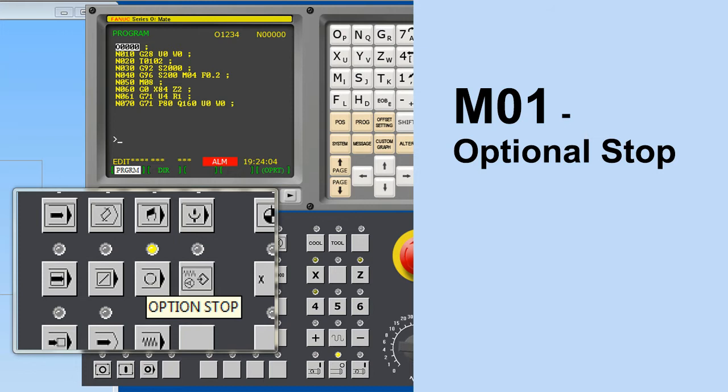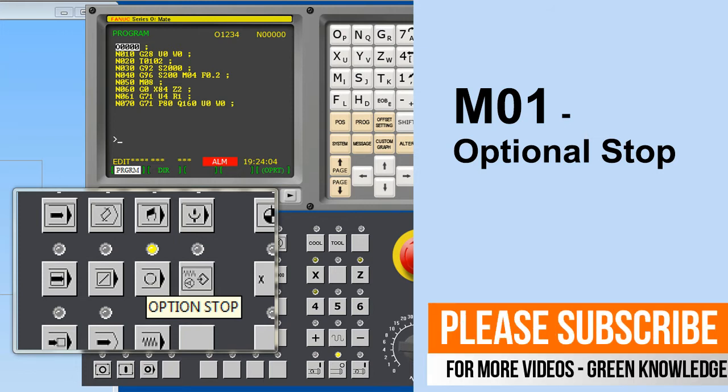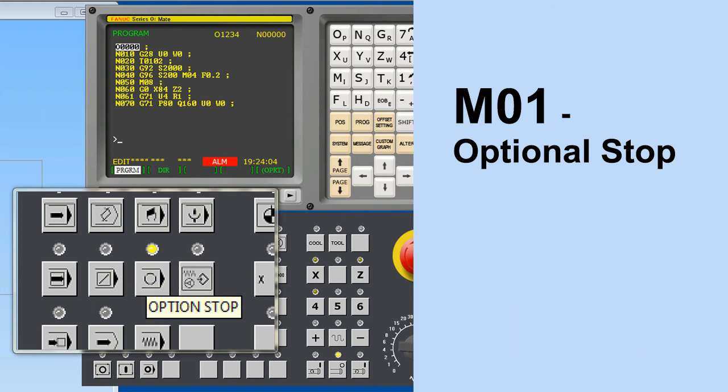When you press program cycle start, then the program will start again after the M00 block. Next we have M01. M01 is also similar to M00. It also stops the program, but only when the optional stop button is on in the machine control panel. When it is off, the CNC will ignore the M01 code and move on without stopping the program. This code selection depends upon the choice of the operator.